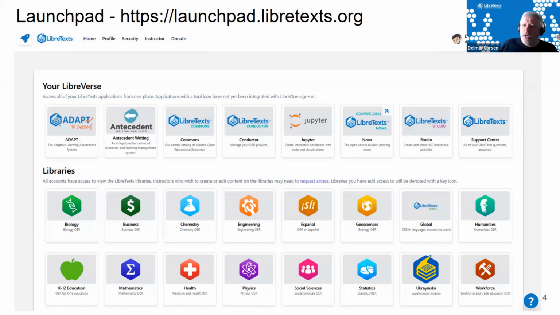And the LibreVerse is the state of our infrastructure. So the Launchpad, when you actually go to that URL, you'll see two big classifications. One is our libraries. We have 16 independent libraries. Of those 16 libraries, the chemistry is the most mature because it's the best subject that people should be studying, of course. But nonetheless, there are other libraries out there dealing with other aspects, including business, biology, math, health, and